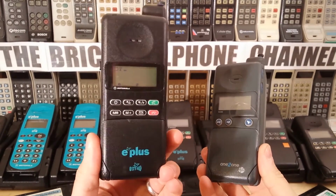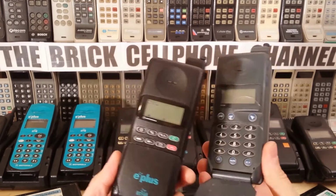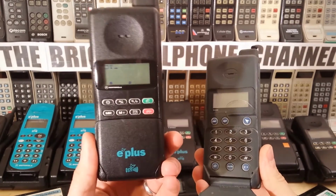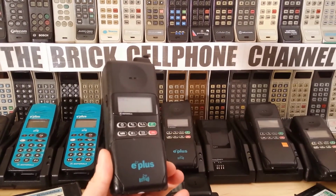But these were launched just after these ones were released. But the menu structure on these is even more basic than on a PT-9, which is the one on my left. So cool. Check out my other videos on some more old school phones,